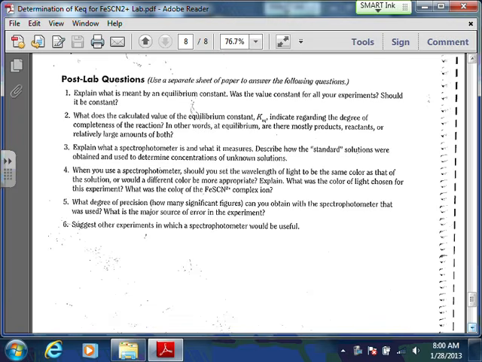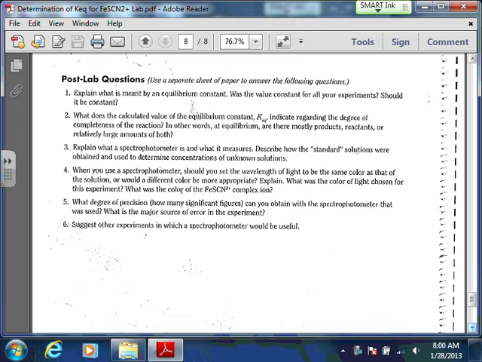If you have a colored solution, that colored solution is absorbing certain wavelengths of light and reflecting others. The ones that we see are the ones that are being reflected back to us. So if we've got something that's blood red, then we probably want to pick something more on the blue end of the spectrum, because what that's going to do is